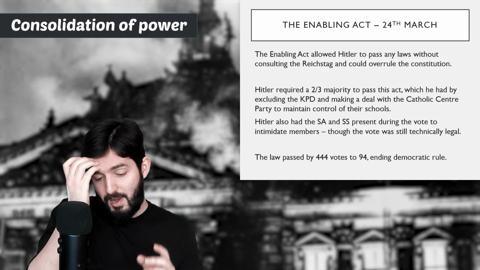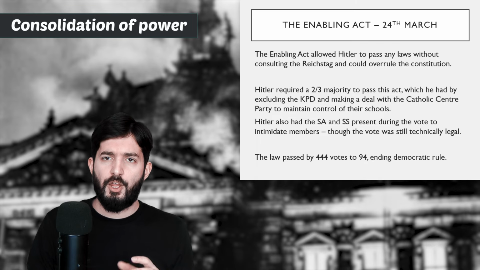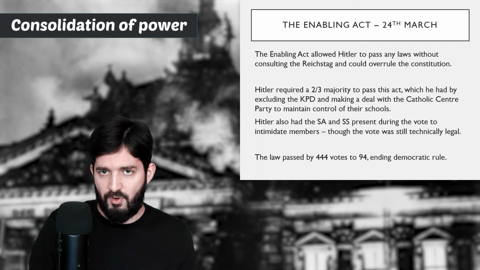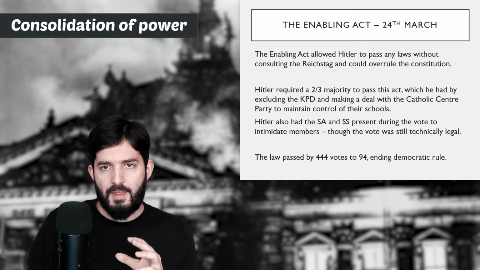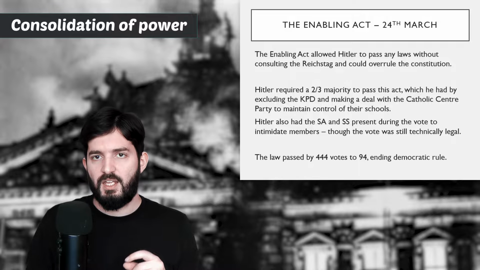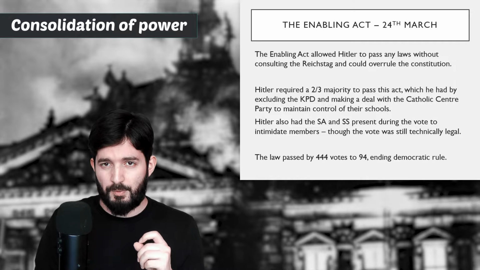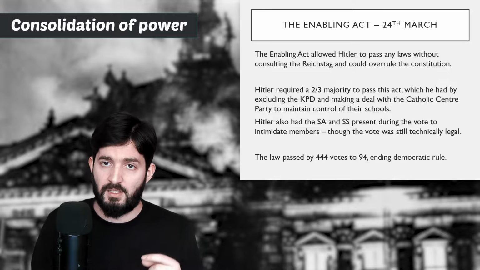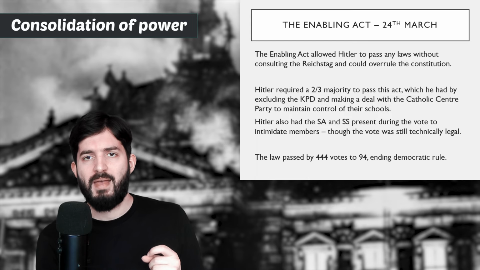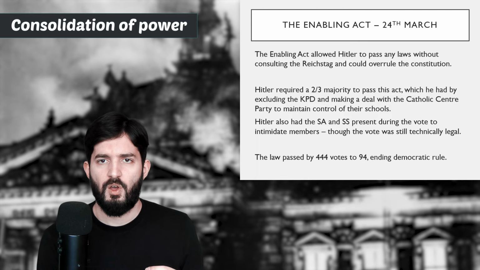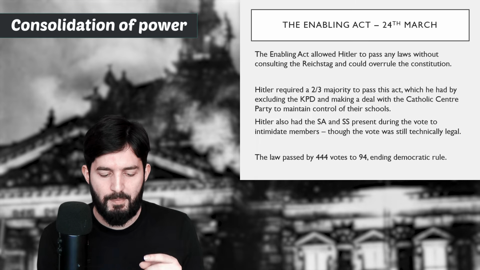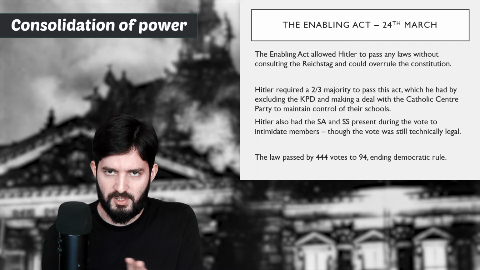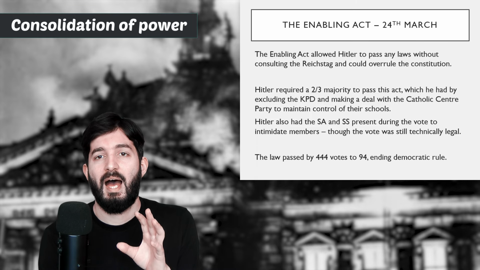So as I say, he needs a 2/3 majority to pass this act, and he does this through a variety of methods. If you exclude the KPD, who he's chucked out of the Reichstag and basically arrested all of their members, that then gets him close to the majority. He then convinces one of the parties that was more centrist, right-leaning, called the Catholic Center Party, to support his law. He does this by making a deal with them, where essentially he will allow them to keep control of their schools. Basically, when he gains his significant powers, their schools can stay independent, and in exchange they'll vote for his